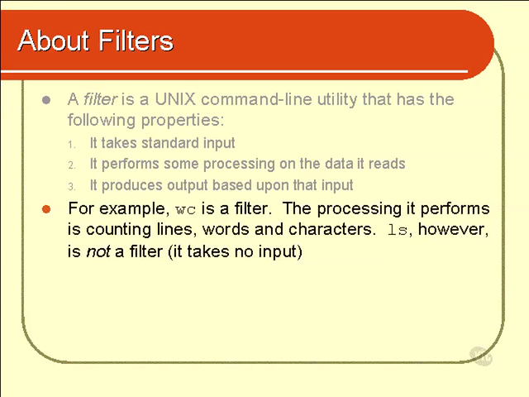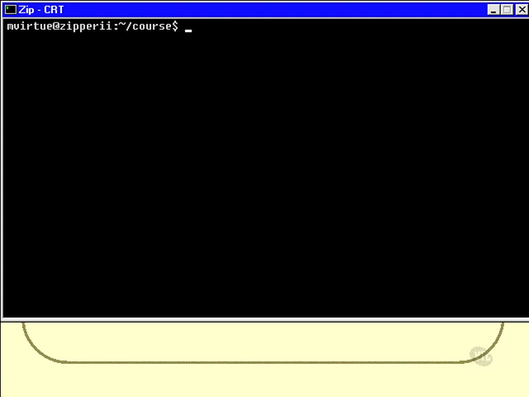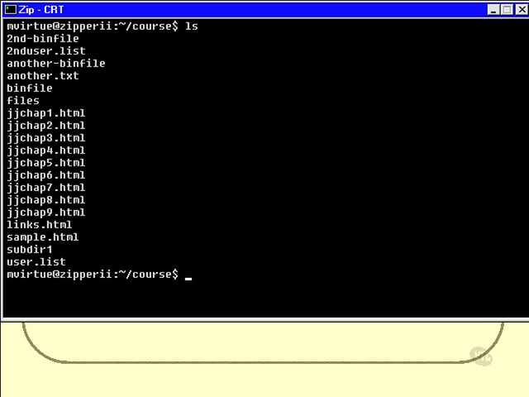LS, however, is not a filter. It's not a filter because it takes no input. Let's prove that LS takes no input. We'll just have a quick look. If I type LS and press enter, the program runs, produces output, and I'm back to the shell prompt again, which means the LS program has completely finished, and at no point did it ask me for any input from